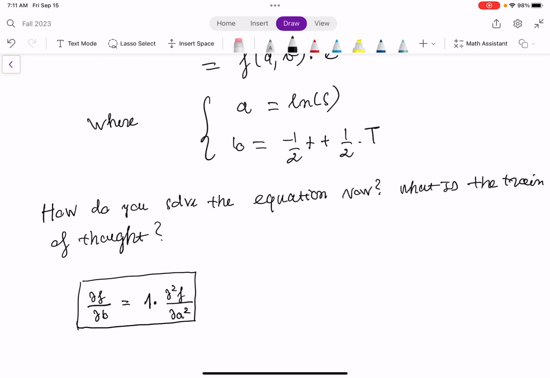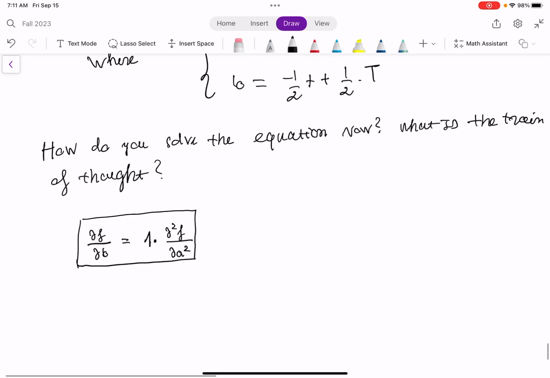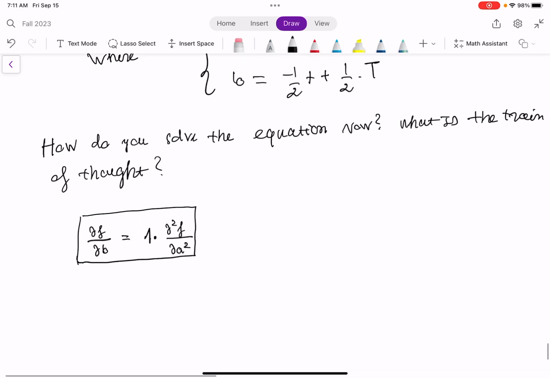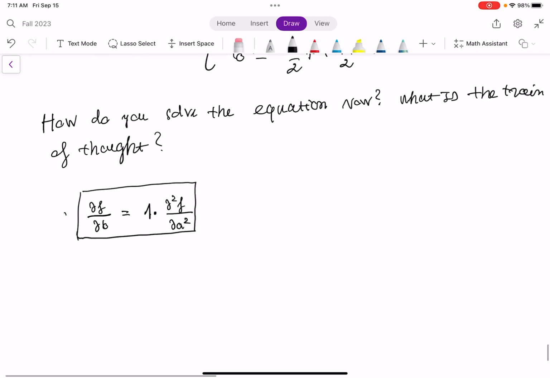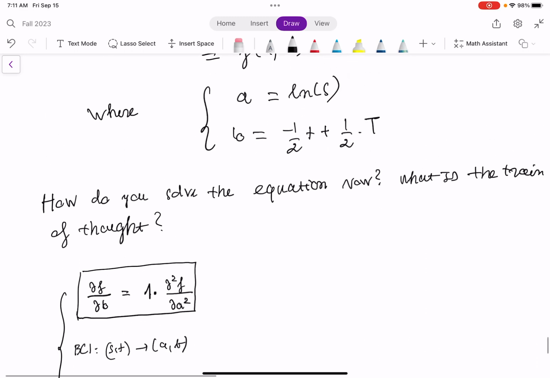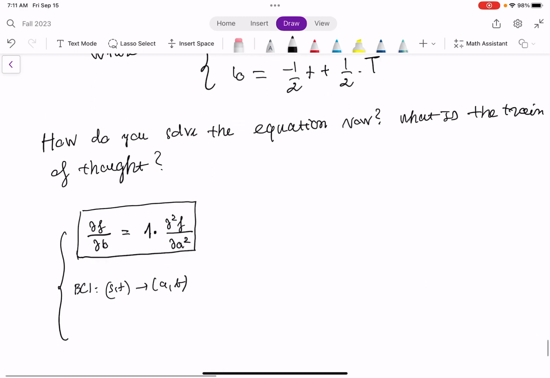You got f as a function of a and b. After this, you might need to convert the boundary condition too. So the boundary conditions are already in s and t. You convert them to a and b, okay? Because remember, a is ln s and b is